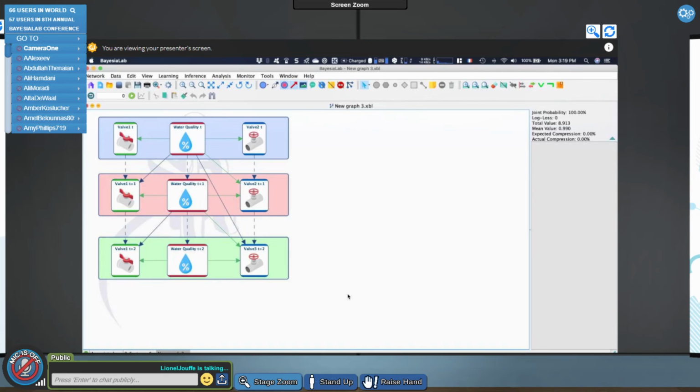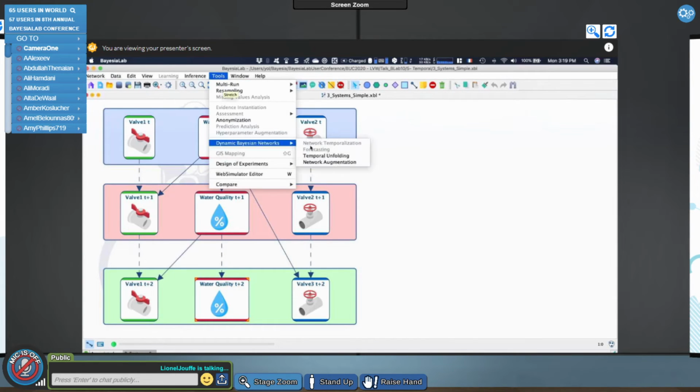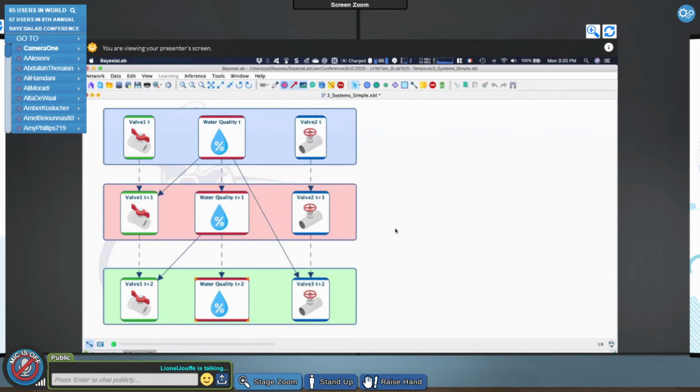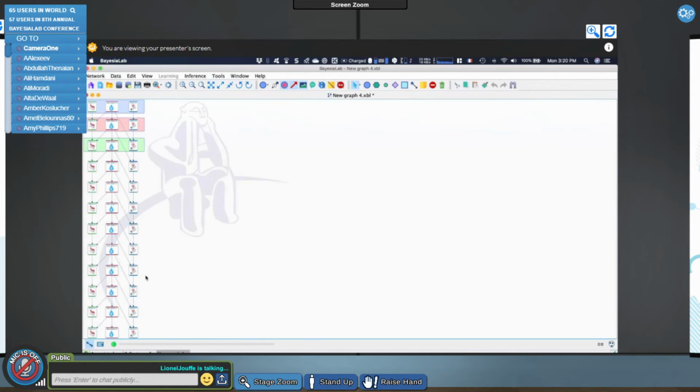So this is a new feature that is really useful when you have this kind of compact representation of a dynamic Bayesian network. And a trick, if you were to do that manually, to be sure that you have the correct representation, is to unfold your network. You can always try to unfold your network on, let's say, 10 time steps, which creates a static version of your dynamic Bayesian network. With that, you can check if the result you have at that time step is the same as the one you have with your compact implementation, right?